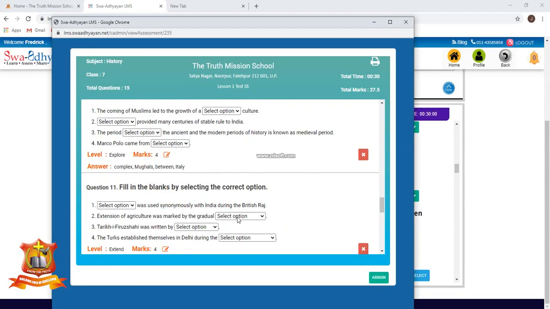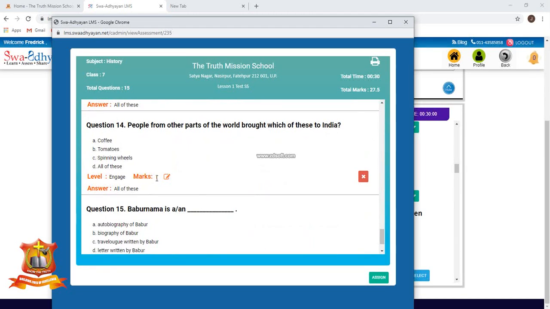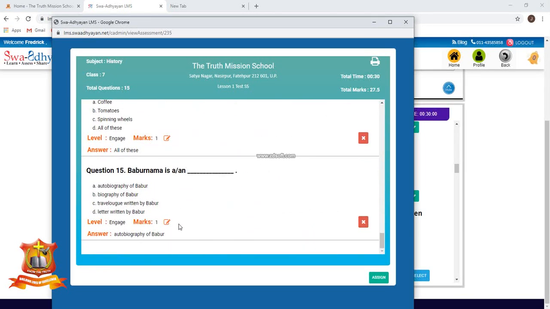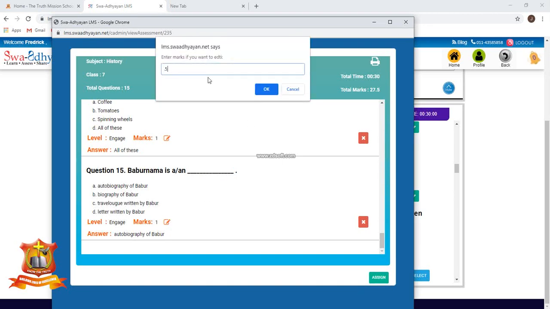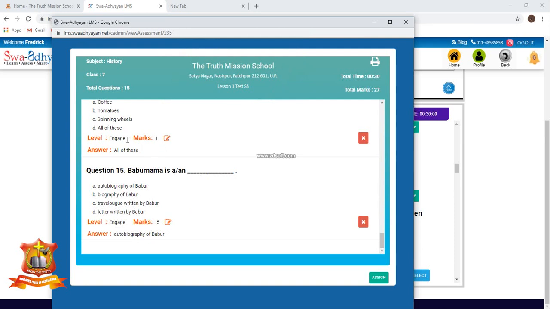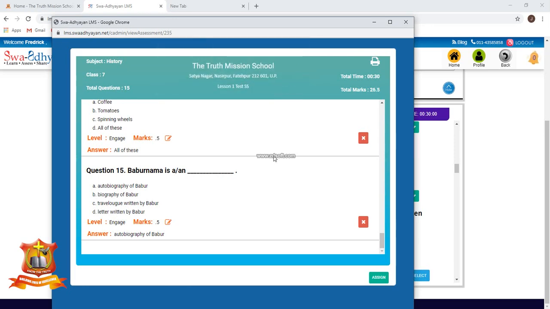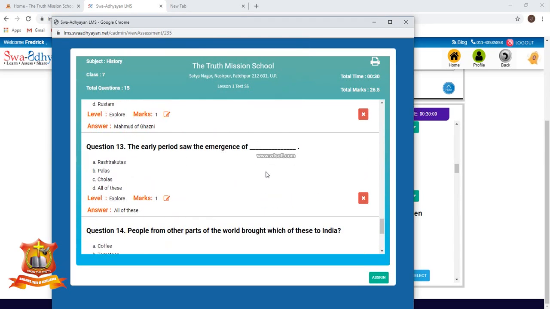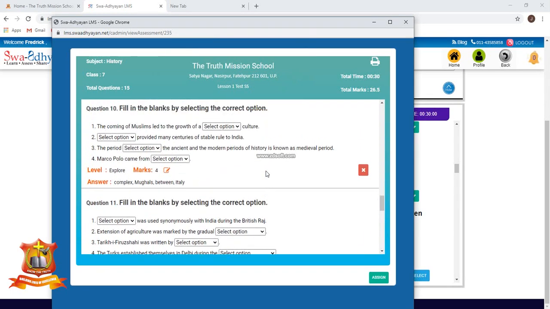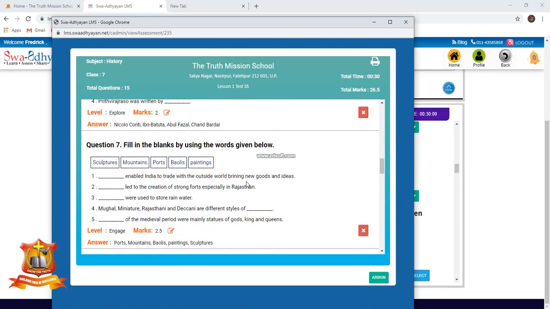I'm in a hurry to complete, so you can look carefully and correct the marks. 0.5. Okay, 27 marks. This is also engage, so I can give them 0.5 marks. 26, 1.5 marks I need to reduce. Extend and explore, I am giving them full marks, but here I have reduced it, no problem.